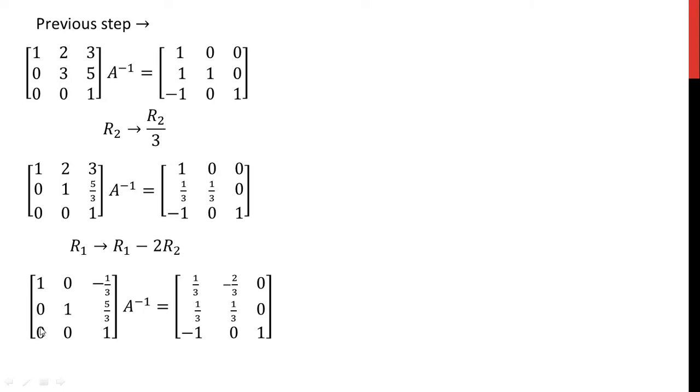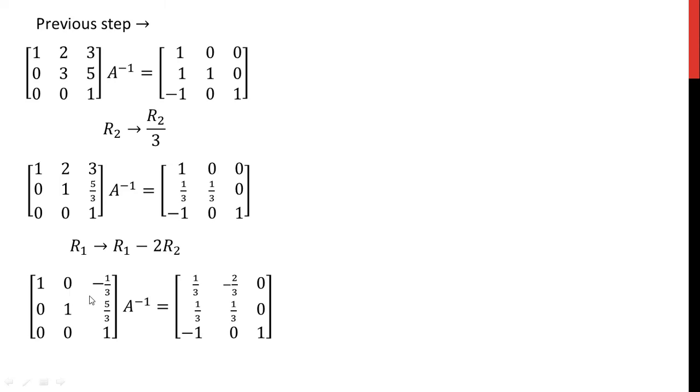Second row as it is, third row as it is, into A inverse is equal to, now in this case, see here, this is 1 minus 2 times R2. So 1 minus 2 by 3. 1 minus 2 by 3 is 1 by 3. Then 0 minus 2 into 1 by 3. So 0 minus 2 by 3 is minus 2 by 3. And here 0 minus 2 into 0. So 0 minus 0, that is 0. Write the second row and write the third row as it is. Okay. So finally we get 0 here. That is our main part.